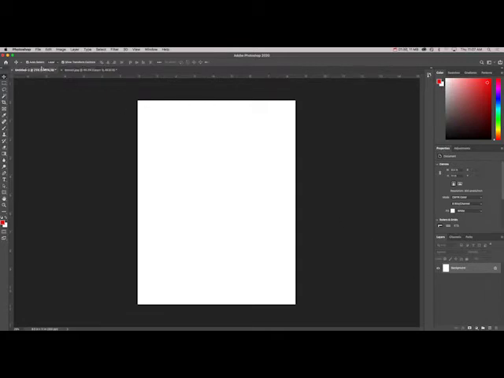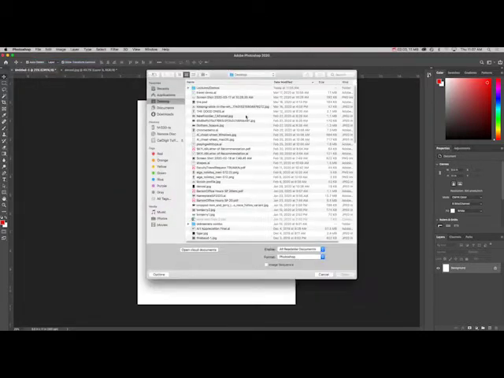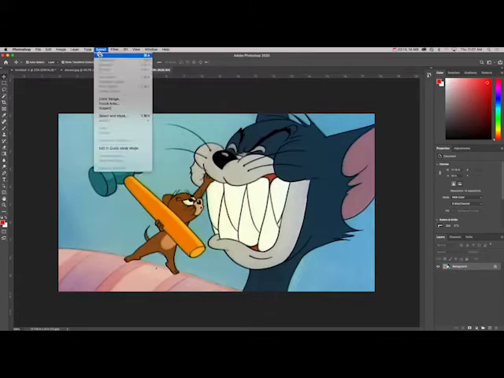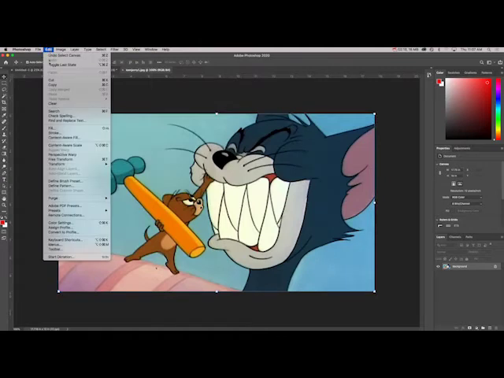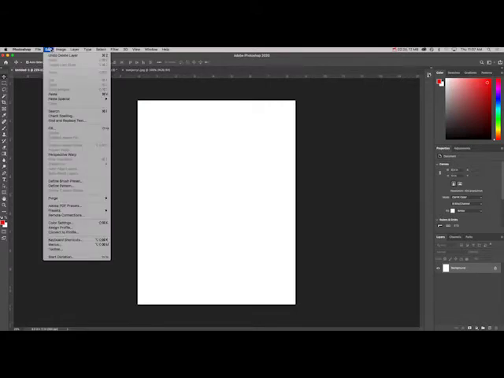So let's give it a layer. I'm going to do File, Open. Let me open a JPEG. Oh, I'll do this Tom and Jerry. Open. And right now it's a set image. It's on its own background, so I'm going to select it all, copy it, jump over to my tab, paste it,